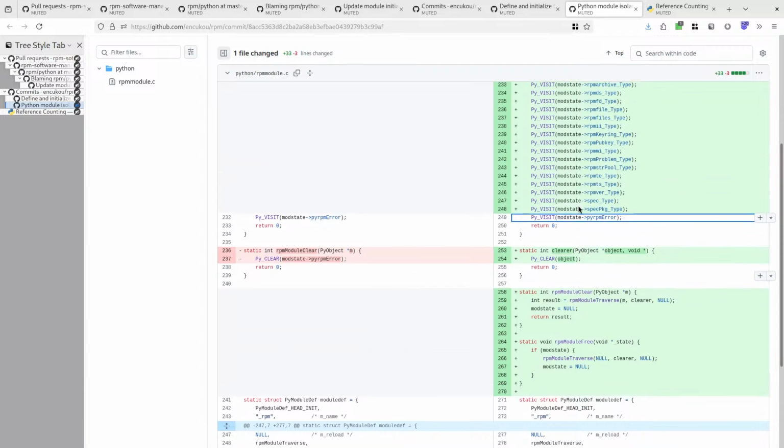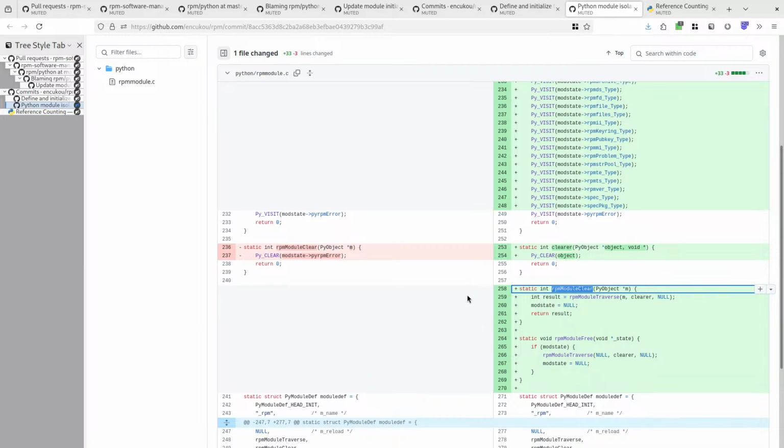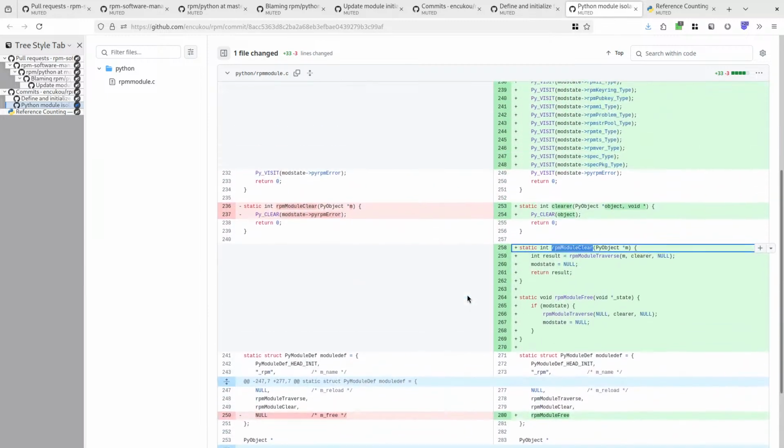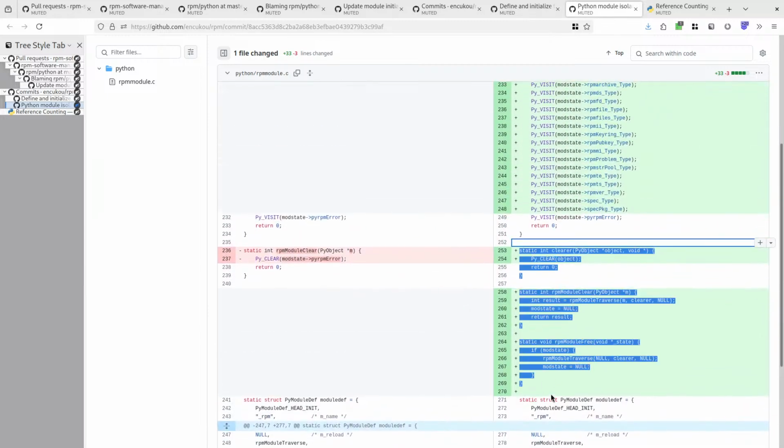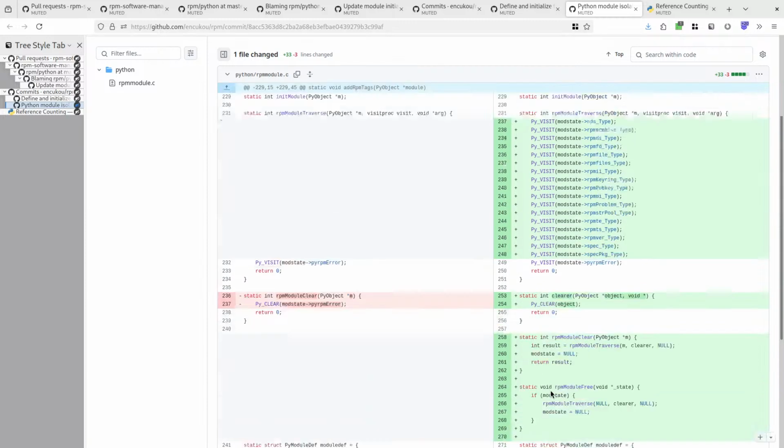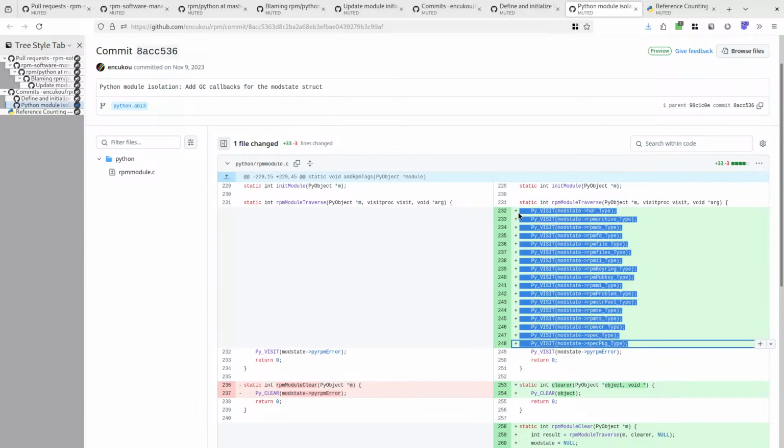It updates clear to call clear on everything, and it updates free to basically do the same thing as clear. And this is unfortunately written in a slightly complicated way, so let me